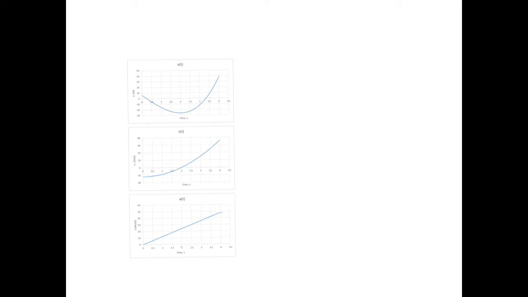Now we're going to do an example with rectilinear motion. So you can see here there's three plots. This first plot is for position, the second one is velocity, and the third one is acceleration. Now the equation of motion for the position is x is equal to 2t cubed minus 24t plus